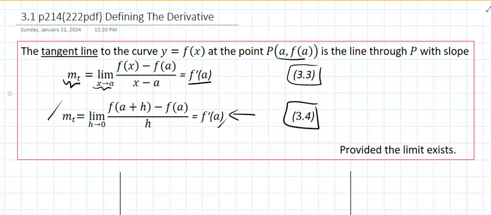And this says, again, the slope of the tangent is the limit as h approaches 0 of f of a plus h minus f of a over h. Let me elaborate. Of course, provided this limit exists, then that's the slope of the tangent. So,